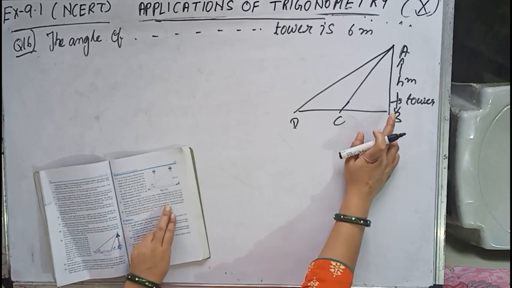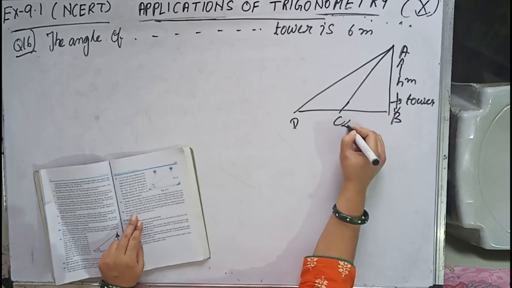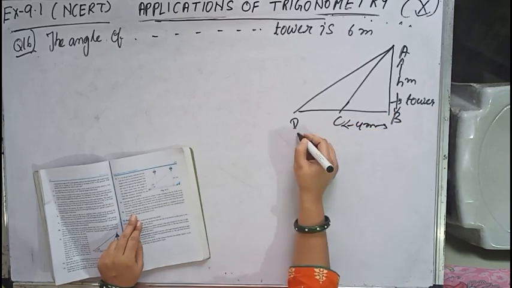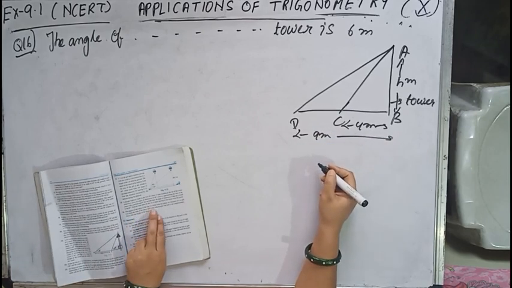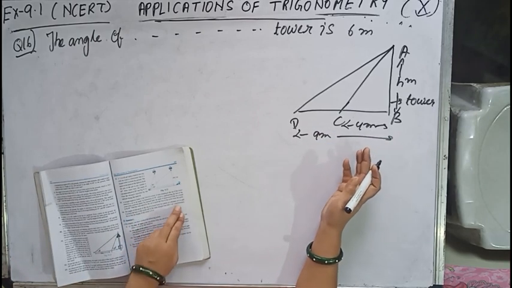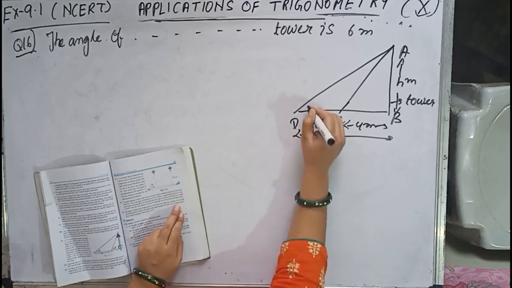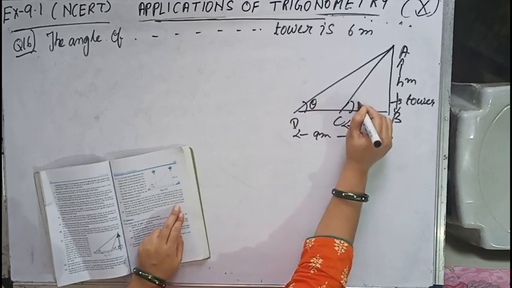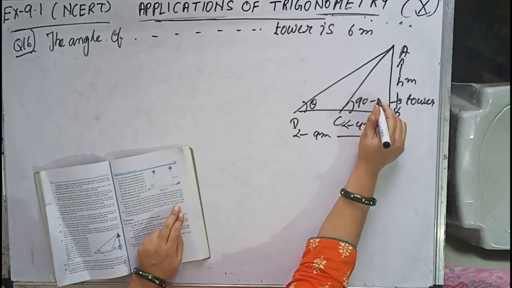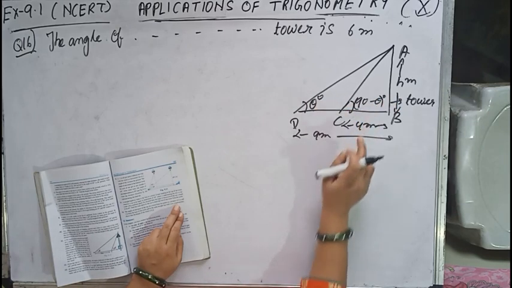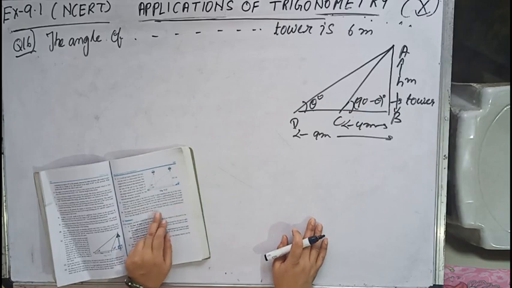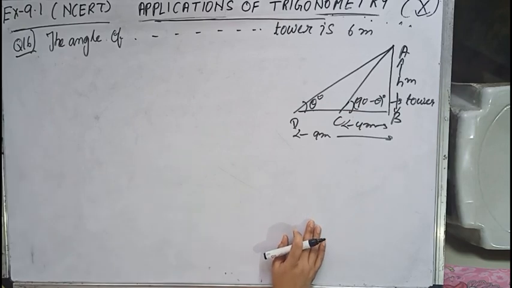Now the angle of elevation of the top of the tower from the 2 points at a distance of 4 meter and 9 meter. So let us suppose this one is 4 meter and this one is 9 meter, from the base of the tower and in the same straight line with it, are complementary. Now two angles are said to be complementary if their sum is 90 degree. So if this is theta, this will be equal to 90 minus theta degree. Prove that the height of the tower is 6 meter.